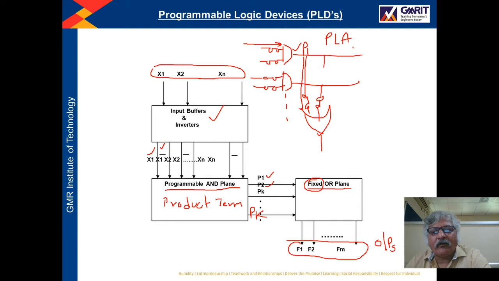Speed will reduce. Now what is done in PAL: in place of a programmable OR plane we now have a fixed OR plane. This means there is no switch in the OR plane, so the speed of the operation will be fast. But there is one disadvantage: the OR plane is not programmable, so we have less flexibility. So in PAL we have less flexibility, but the speed of the operation is fast.